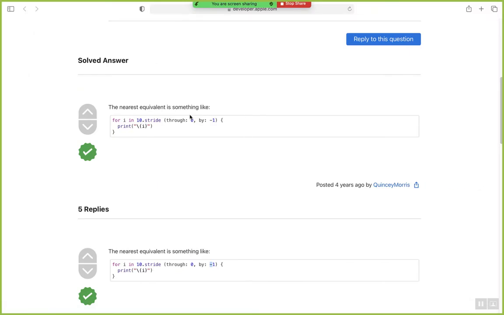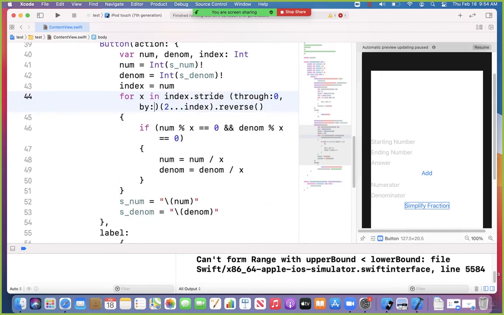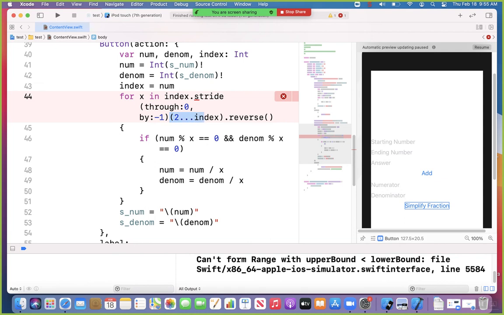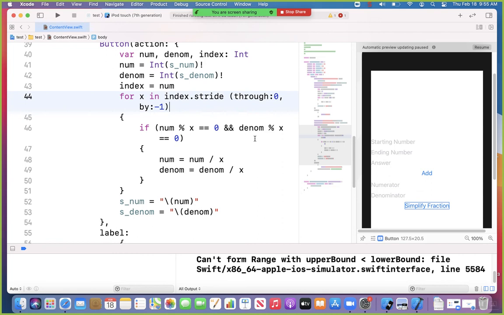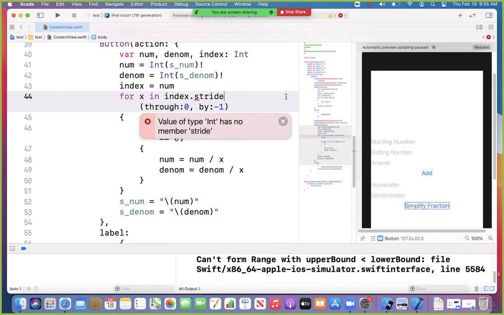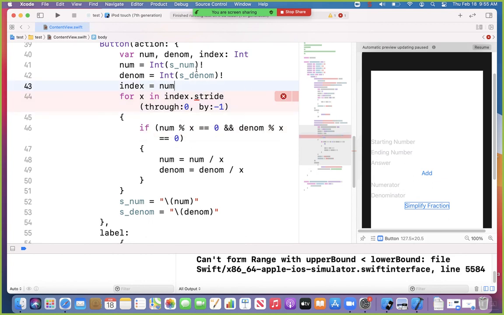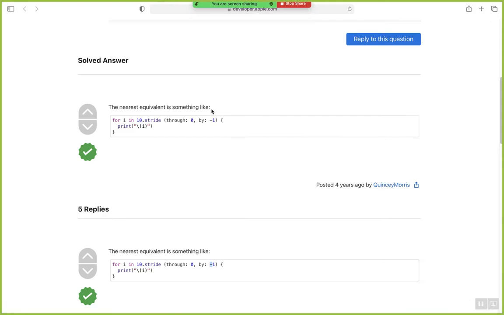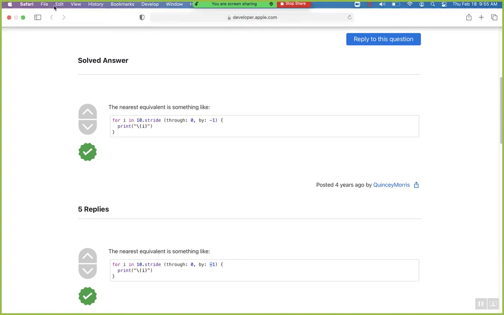Sometimes it doesn't like when you actually type those out and wants to put those in there for you. By -1. Like something. Well,